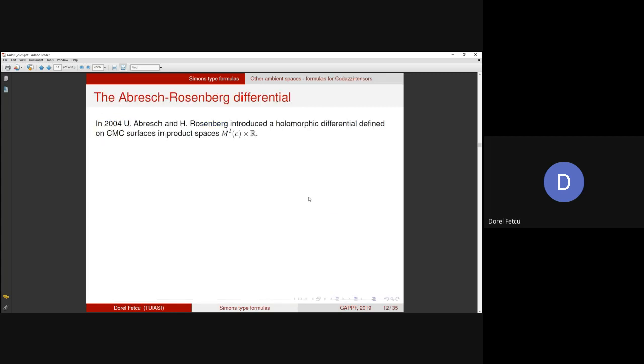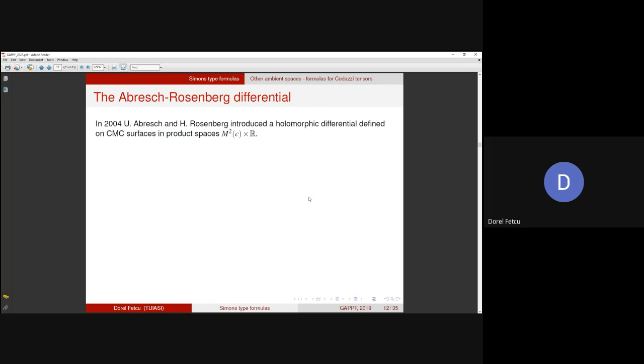Then, in order to avoid working with formulas of this complexity, one can think about using another Codazzi tensor instead of the shape operator or the second fundamental form. So in order to find such a nice tensor, such a Codazzi tensor, we have to recall some things about